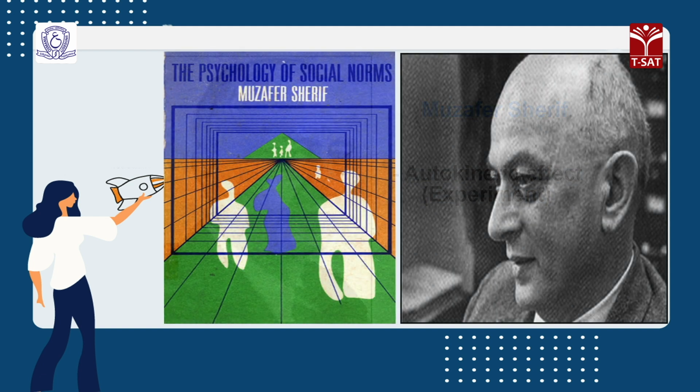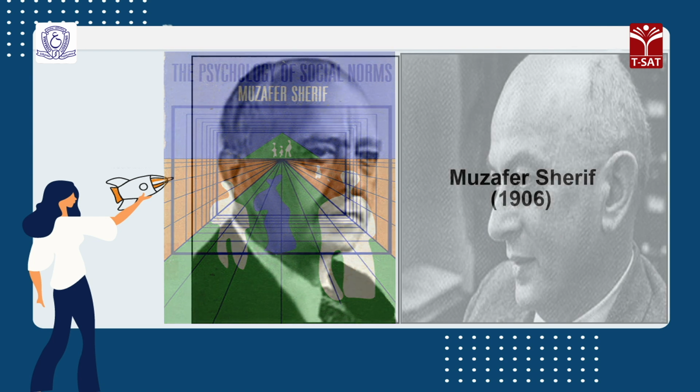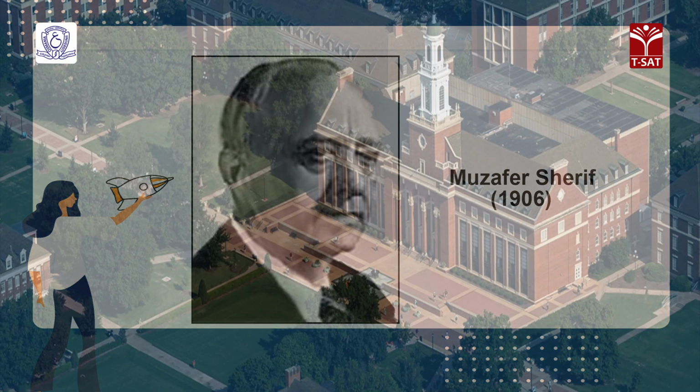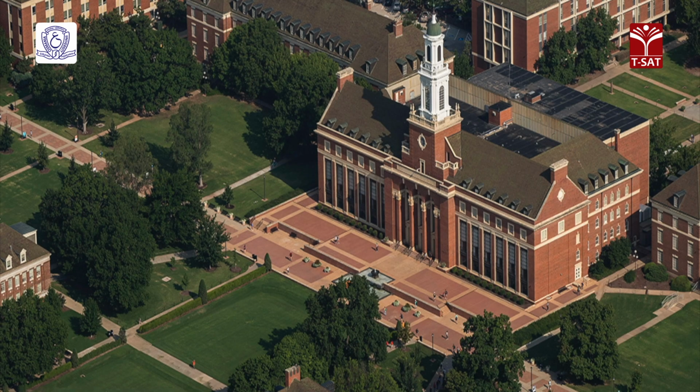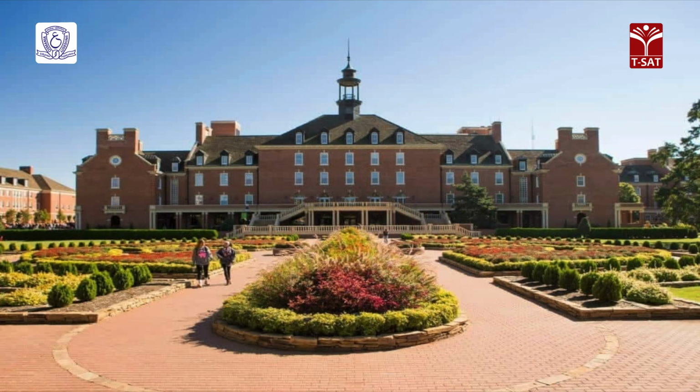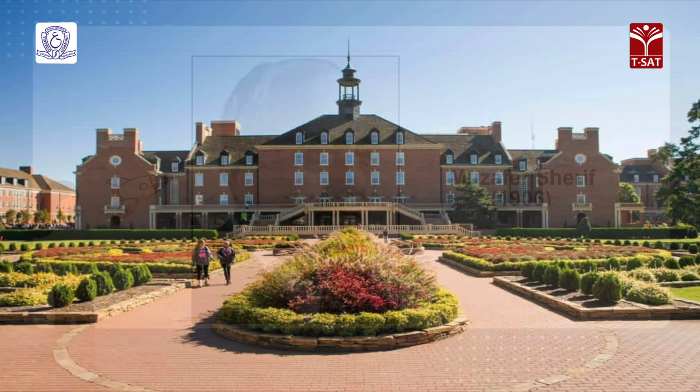His ideas and research work laid the basis for his first classic, world famous book, The Psychology of Social Norms. He also was into various research projects and writing scholarly books. He spent most of his life as a professor at the University of Oklahoma in the USA, besides holding academic positions at Princeton University, Yale, and Pennsylvania State University.